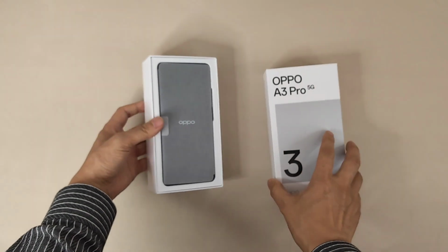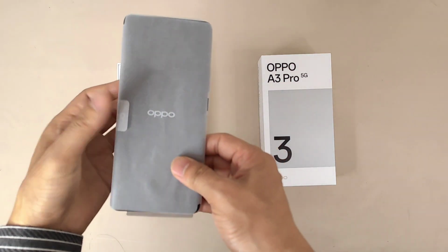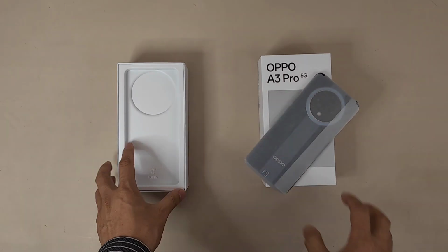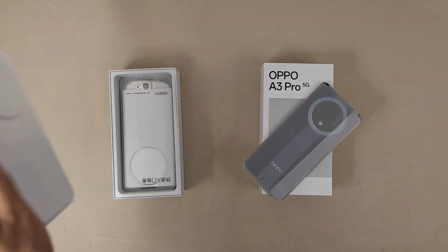So next, let's open this box and check what's inside. After we open the box, here the device is in front of us. It's well protected with a back protector and a screen protector. First, let's check the accessories. So under this,